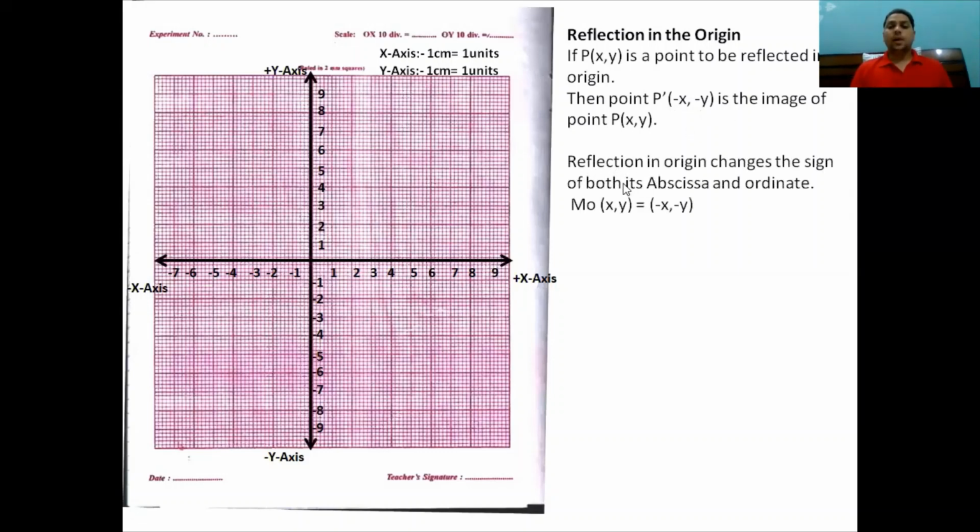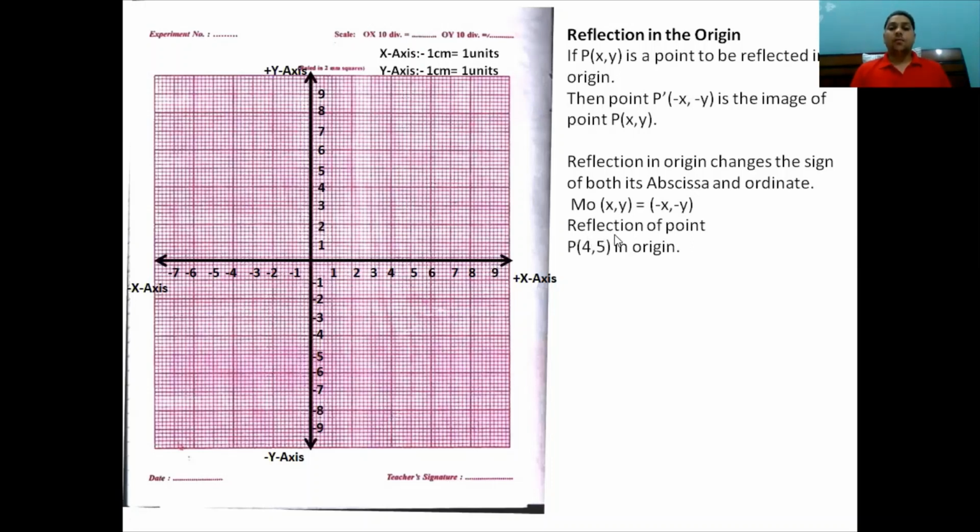So what is the rule here? The rule is just to change the sign of both abscissa and ordinate when we have to do the reflection in the origin. So what is the rule? (x, y) will be changed into (-x, -y). That means